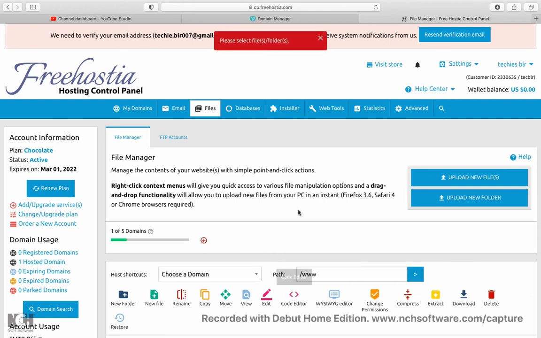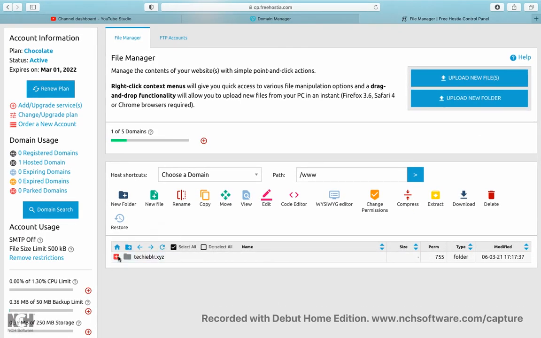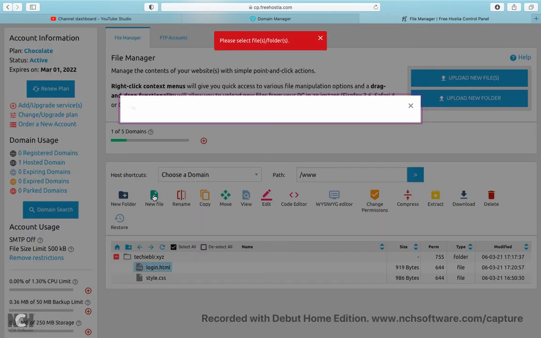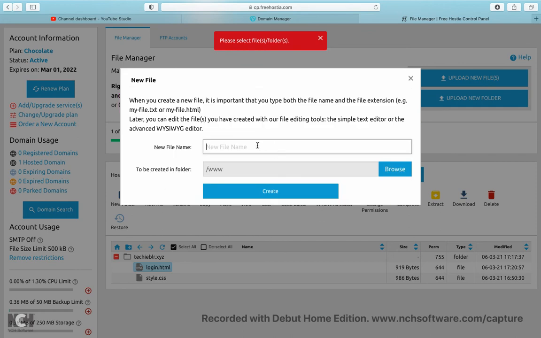Before selecting the code editor window, we need to have a folder, only then will you be able to write the code. So I'll click on the code editor window where you want to write the code, or if you want to create a new file, click on new file and give the file name.